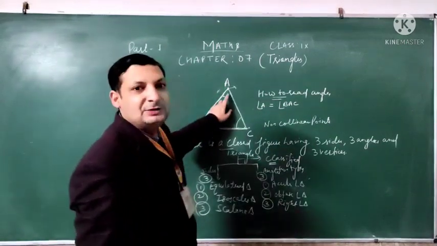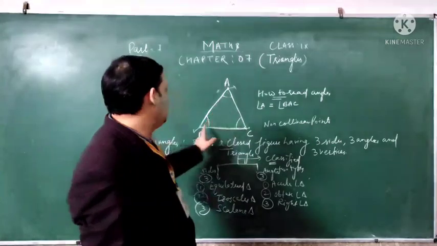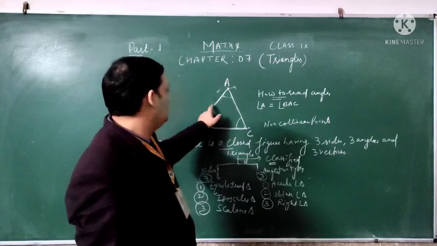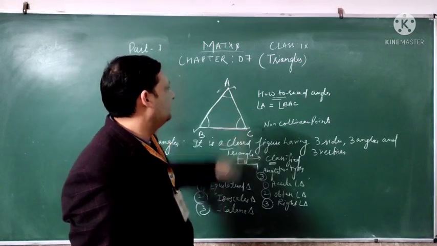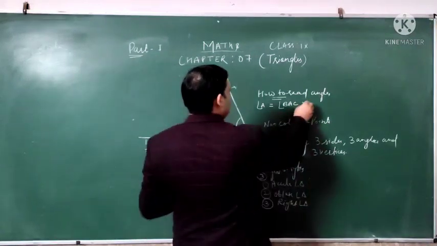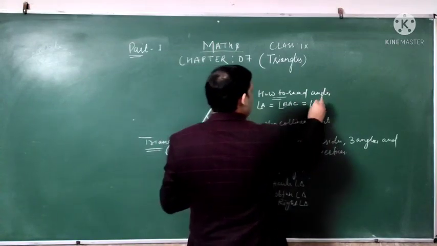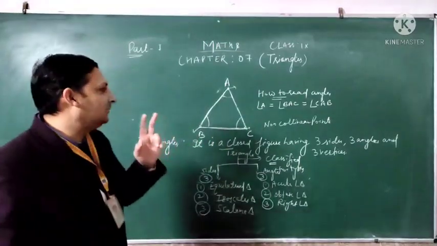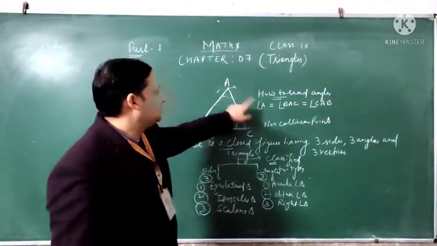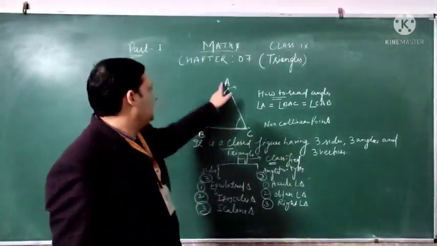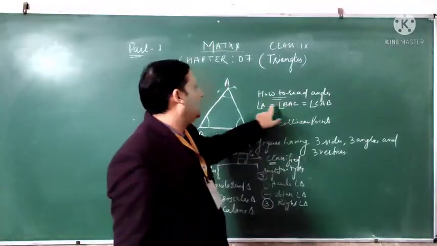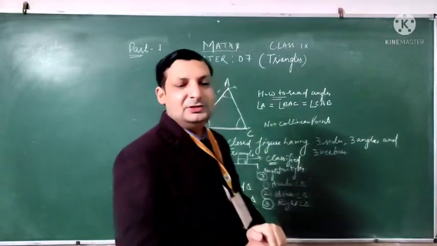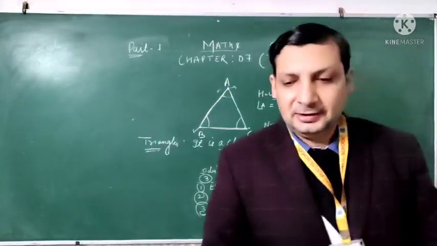We have to talk about which angle. I am talking here about angle A, so we can also write angle BAC because angle A is formed by two lines, one this and one this. We can also read angle A in a different way, angle CAB. So it means one angle we can read in three ways. Angle A, angle BAC and angle CAB are all the same angle A. These are the basic things in a triangle.